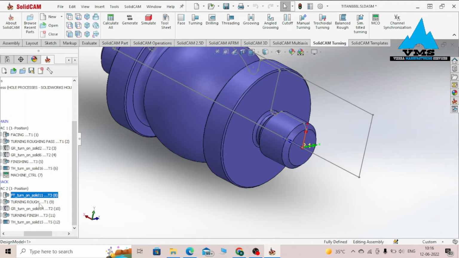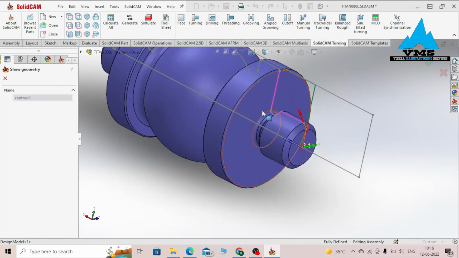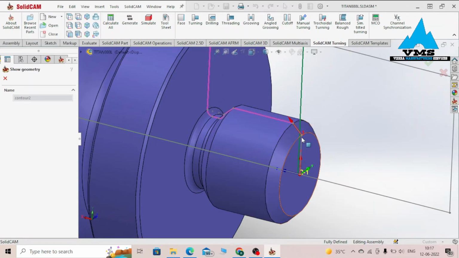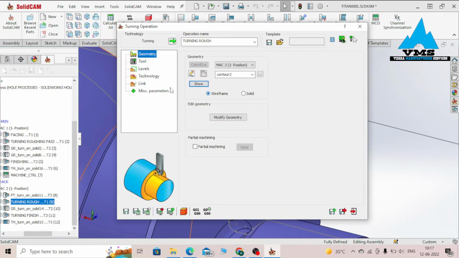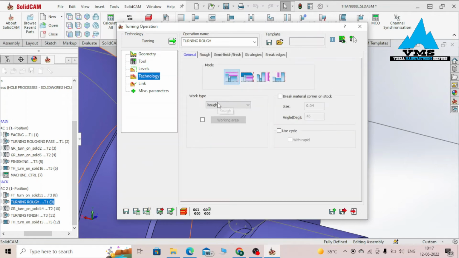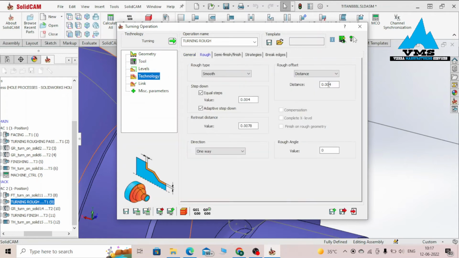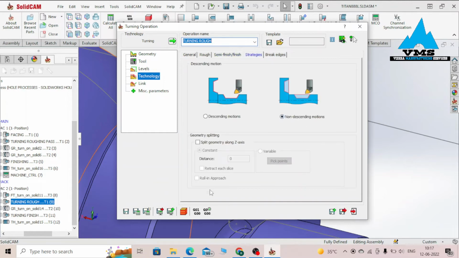next operation is turning operation. Looking at the operation, geometry, we are working with Mark 2 position 1, show geometry. Our geometry begins from the chamfer right up to this chamfer end. Tool, we are still using our same external tool of angle 60 degrees, making sure that this direction should be selected. Technology, we are using a roughing pass of 0.004. Semi-finish, we got no finish pass. Strategy, non-descending. Looking at the simulation,